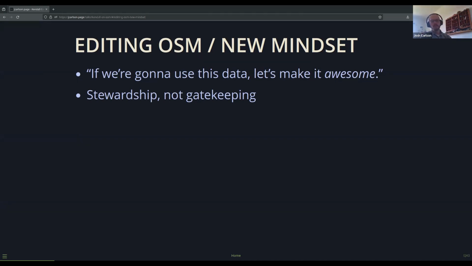Not too often, but now and then there's a 20-story hotel in a farm field, or Pokemon Go stuff. So we just want to make sure that all the edits are really good quality, that they follow kind of the local and national conventions. So that's where we're at with OpenStreetMap.